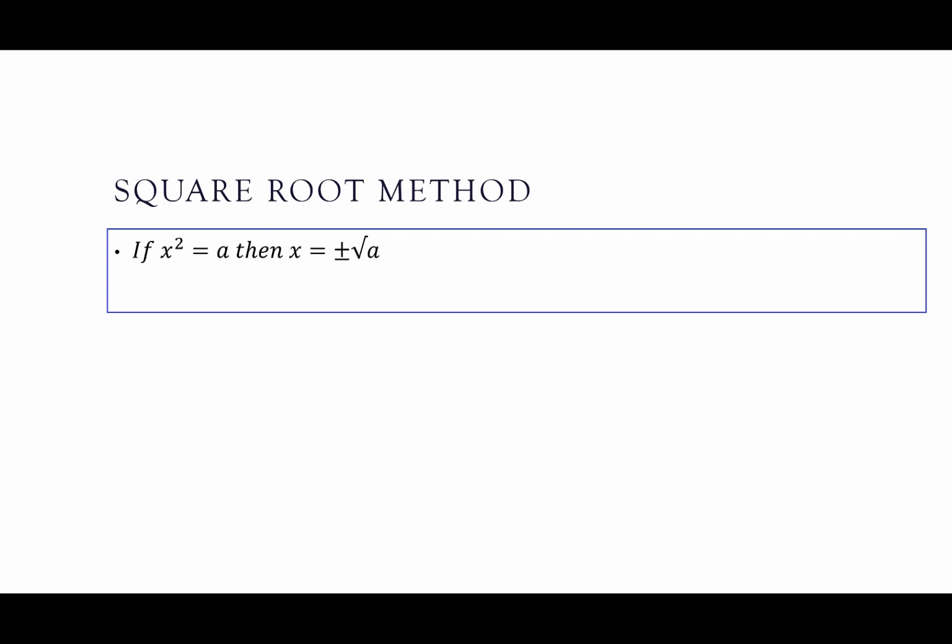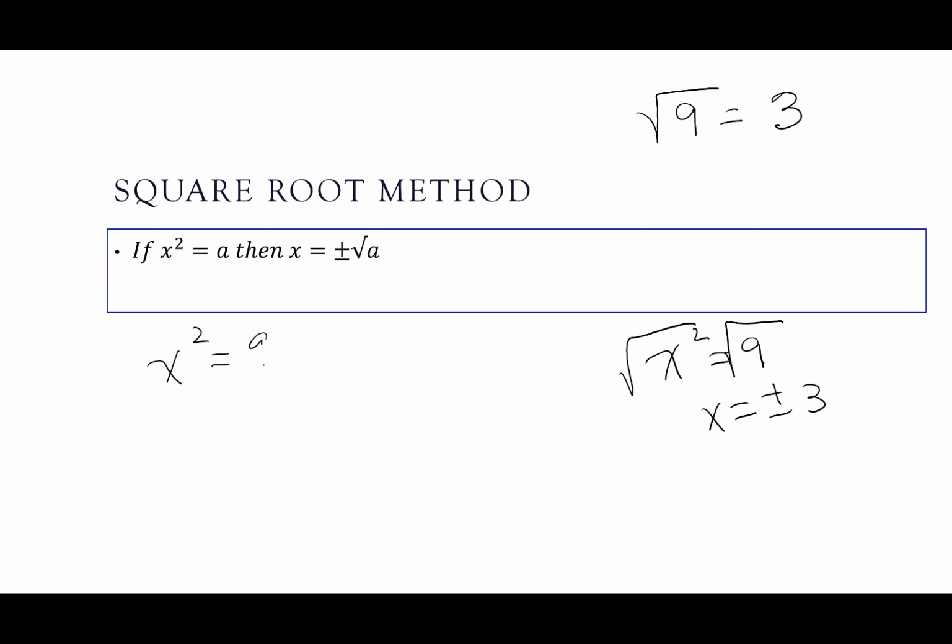Let me show you a quick why, because I think this is often confusing for students. So sometimes we'll give you something like the square root of 9 and we say it's 3. But if we say x squared equals 9, when we take the square root, we say x is equal to plus or minus 3. The reason why that happens is because if I have x squared equals 9, that means